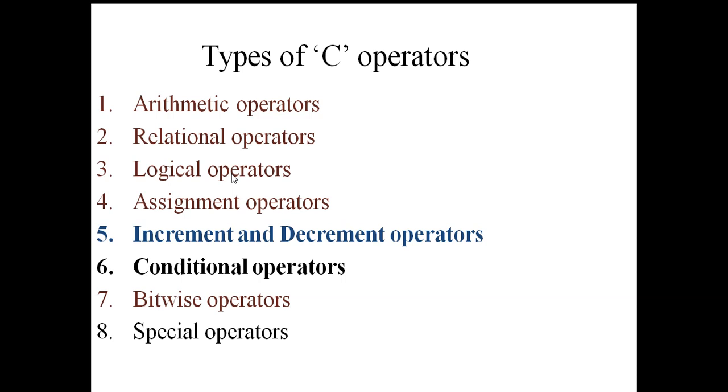They basically increment the operand, or they basically decrement the operand. That's why they are called increment operand and decrement operand. They are like plus plus and minus minus. They can be post increment and post decrement, and pre increment and pre decrement operators. And we have conditional operators, where the conditional operators basically check the conditions, and they can be